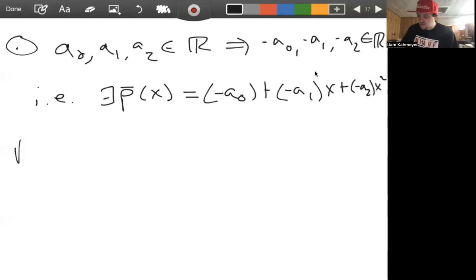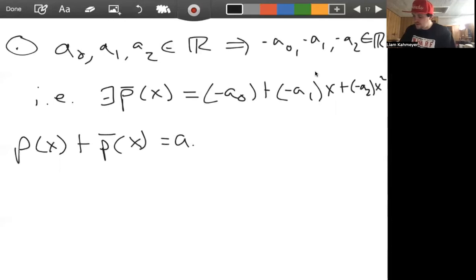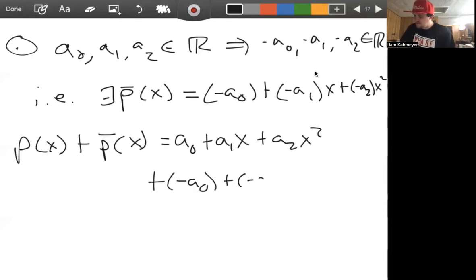Now let's take the sum of P and P bar. Well, this is equal to A0 plus A1X plus A2X squared plus negative A0 plus negative A1X plus negative A2X squared. Grouping like terms here, this is A0